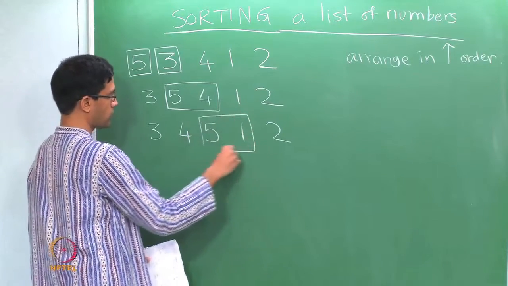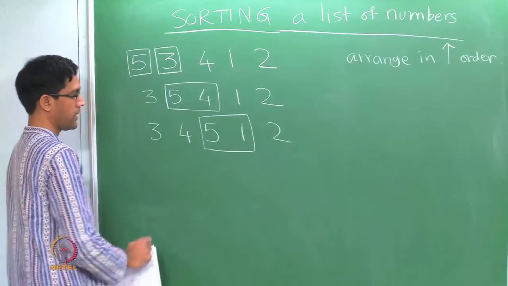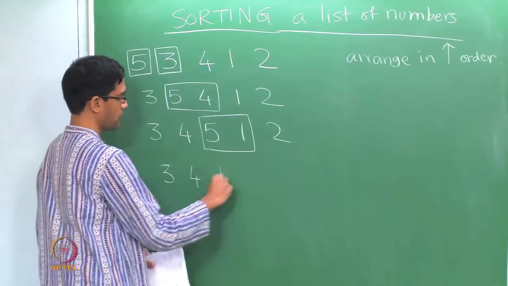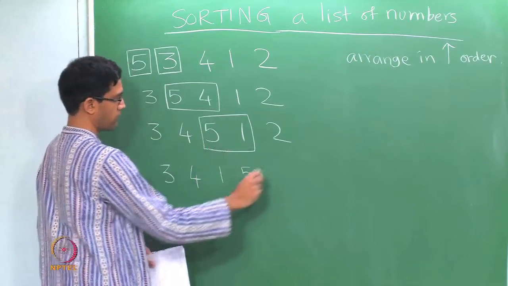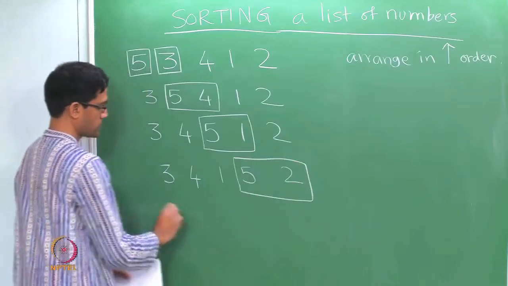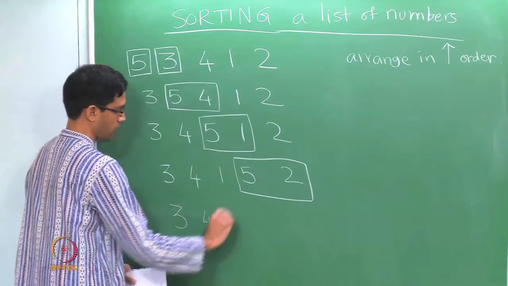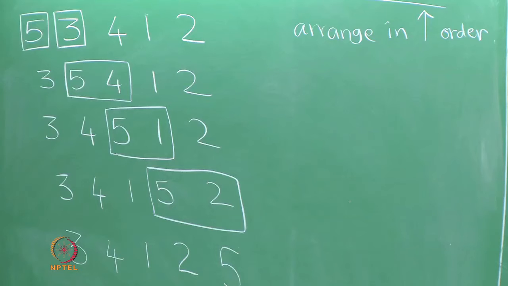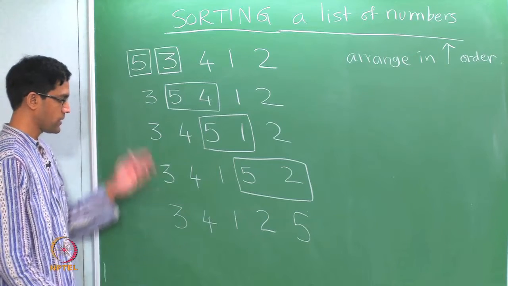So now you move on to the next pair and again you swap them if they are in the wrong order. So in this case again you need to swap, so you interchange them, make them 1, 5, 2. And again you move on to the last two numbers, which in this case you again need to swap. Okay. So this is a sequence of numbers that you generate, of lists that you generate. Now observe at this point,